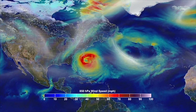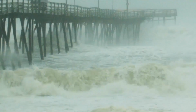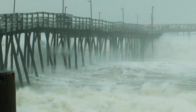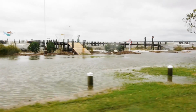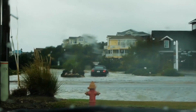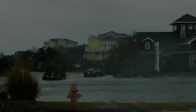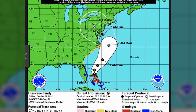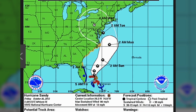The biggest thing you want is lead time on storm forecast, because that gives people a chance to evacuate and plan, and that just wasn't available in Sandy. So if we had better forecasts, people may have evacuated more quickly, but better prepared. We've been good at understanding the track of a hurricane relatively well, but what we haven't been good at forecasting